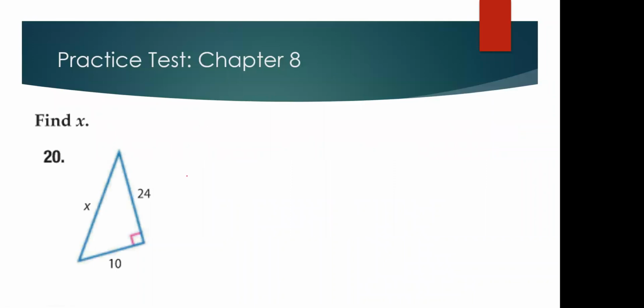So here we have a right triangle. We're given 2 of the sides, and we're missing the hypotenuse, right? Because this right angle is pointing to that side. So we start with our Pythagorean theorem, a squared plus b squared equals c squared. We fill in what we know. I'm just going to put 10 as A and 24 as B. And we're looking for C, okay? So this would be